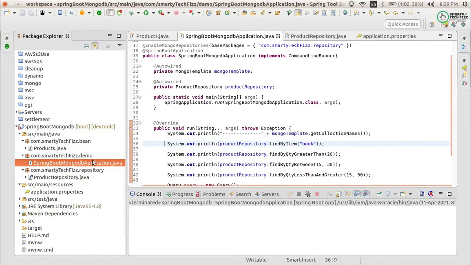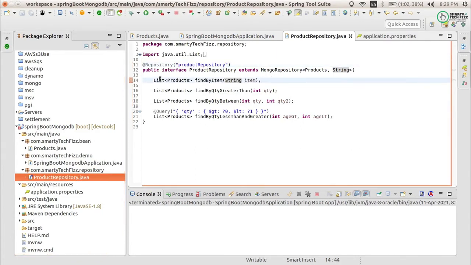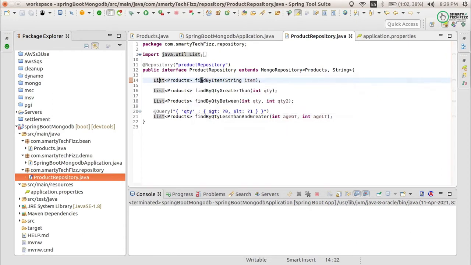But here, as I have configured the Mongo repository, you can do it like this. You only have to mention findByItem. It will automatically find the item field containing this value. You just have to mention only this, right? And this will give you the result as a list of products. So this is what you have to do.